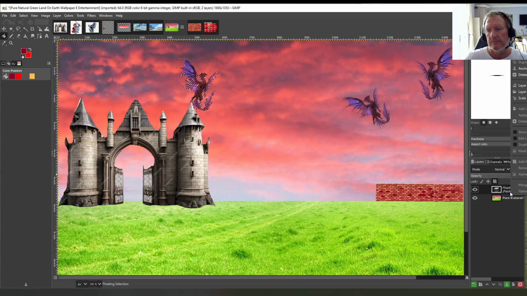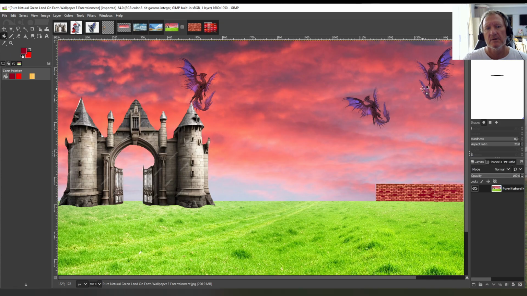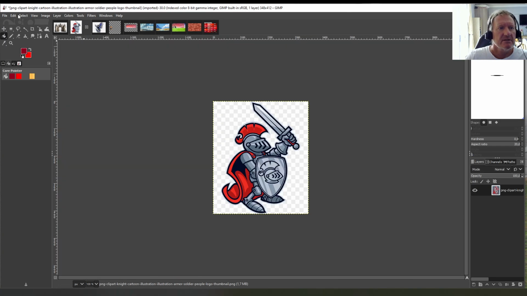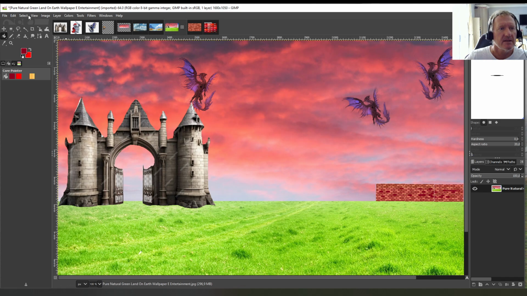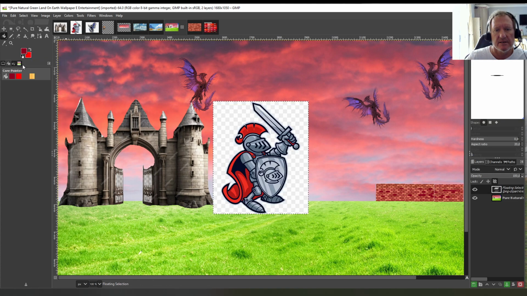Anchor it. Okay, and if you also want to put little people on and things like that, we got a little knight. If I just copy this, it's going to paste like that. Okay, so if you can download a proper PNG image and you copy it, it will literally only put the